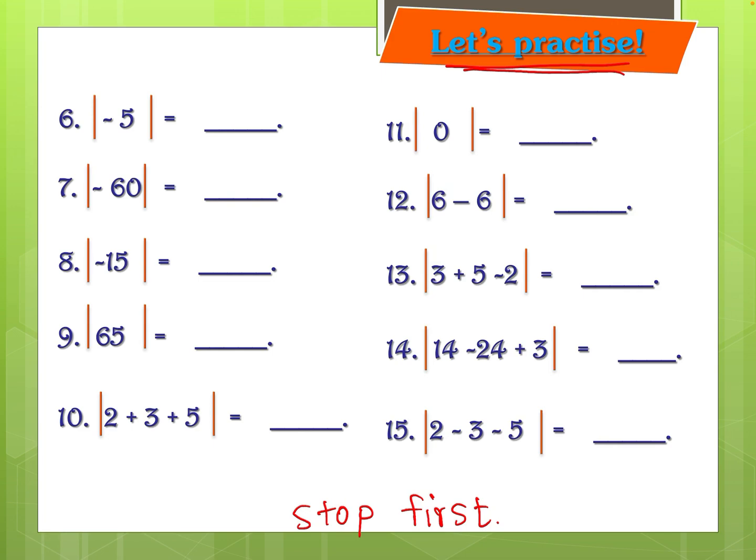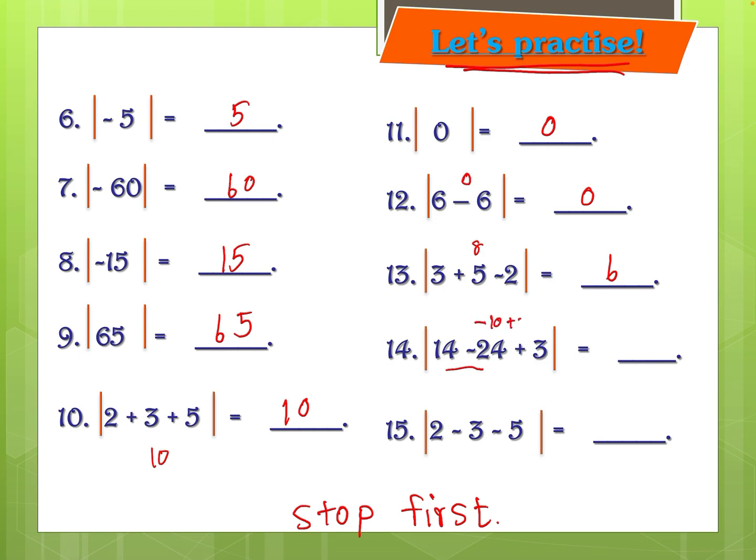Okay, now I'm going to answer. Absolute value of minus 5 is 5. Absolute value of minus 60 is 60. Absolute value of negative 15 is 15. Then 5 plus 5 is 10, so absolute value of this is 10. Absolute value of 0 is 0: 6 minus 6 is 0, so this is 0. 3 plus 5 is 8, minus 2 is 6. This one, 14 minus 24, it might be tough for you,